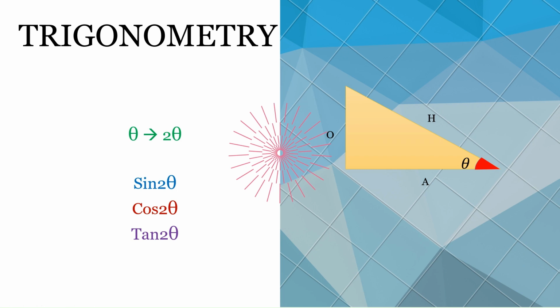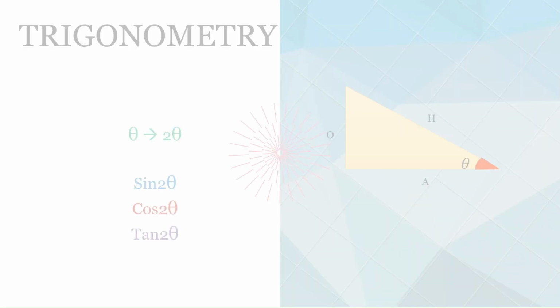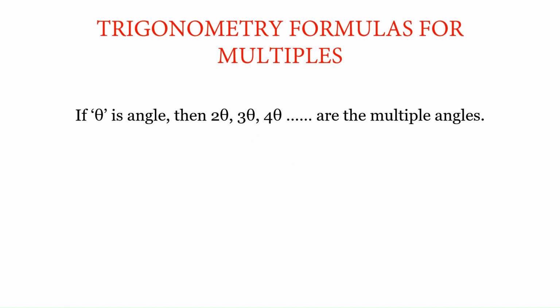Trigonometry. In this session, we'll see how to derive formulas for sin 2 theta, cos 2 theta, and tan 2 theta. 2 theta means it's a multiple of an angle theta. For any angle theta, 2 theta, 3 theta, 4 theta are called multiple angles, and so these formulas are